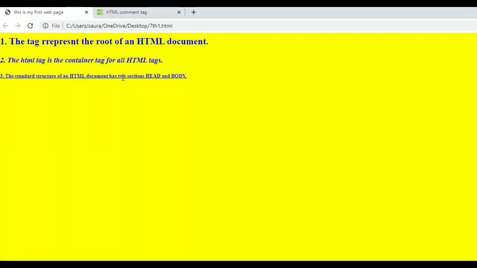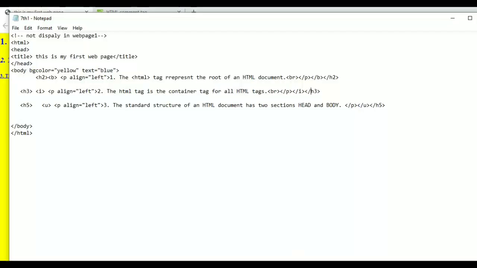After heading tag we use HR tag, and HR tag is used for drawing horizontal lines, and horizontal line will draw below that line. So let's come and use HR tag.